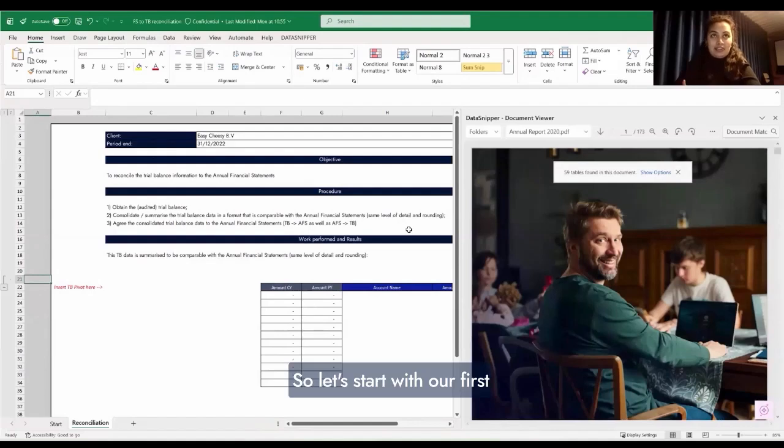So let's start with our first use case, that is financial statements and trial balance reconciliation procedure. I have the work paper already set up. I have documented the objective and the procedures as well that we will be following in order to perform this